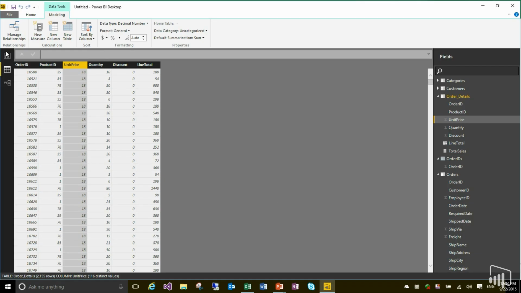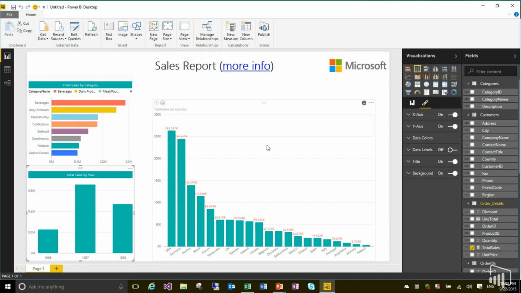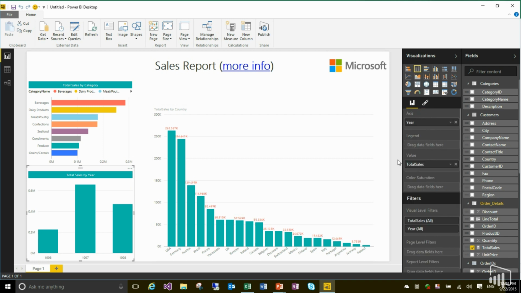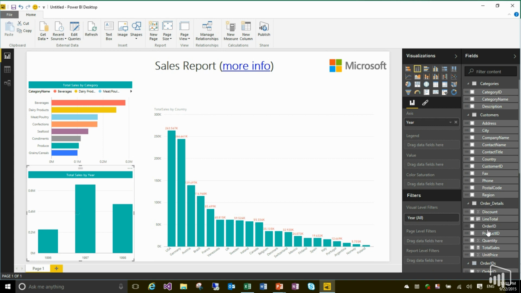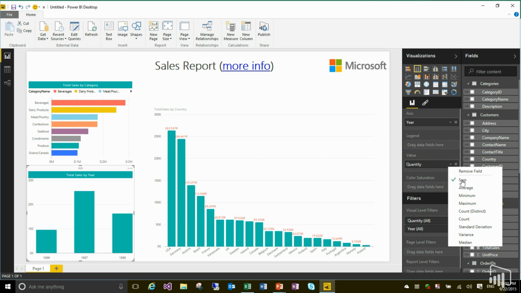So let's go back to Power BI Desktop, and if I go into the report view and I pick something like total sales by year, actually let's do something else. Let's pick a different field here. Instead of total sales by year, I'm gonna do the total number of units sold by year. So for that I can pick the quantity, which the default aggregation is sum. As you can see, that's the default for all of them. But now I can go into this drop down, and in addition to sum, average, min, max, and count that we had before, we've added 3 new ones that for now are non-default,